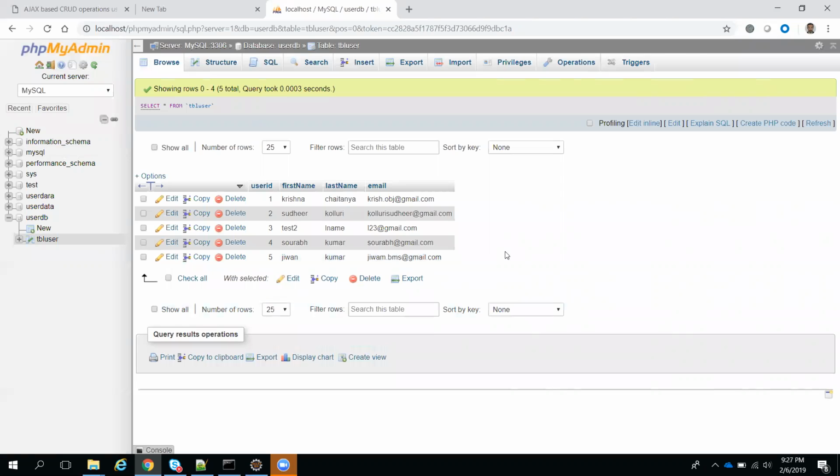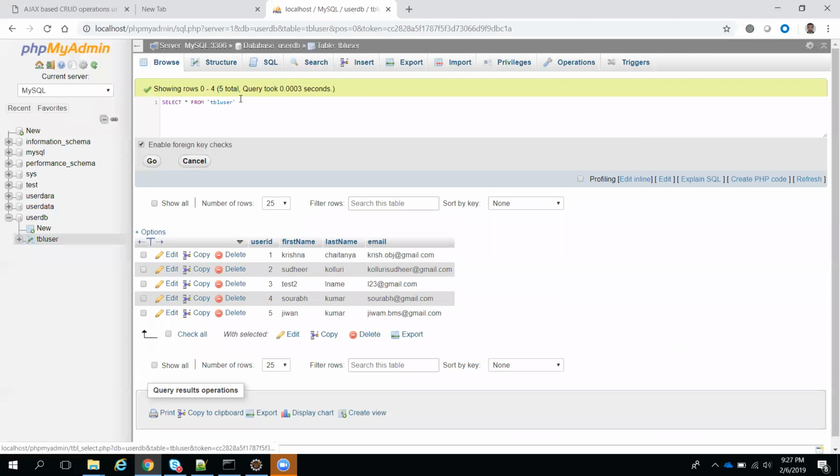Okay, but in real time, to check this, we can write SQL queries, select star. If you see here, select star from tbl_user. This is called edit inline. I will show you. See, this is the query it will execute internally. Normally with MySQL, we need to execute these queries in some editor like the command prompt, you know guys, right? So there we have to install MySQL. You can execute by using command line queries. Instead of that, it is giving a simple UI.